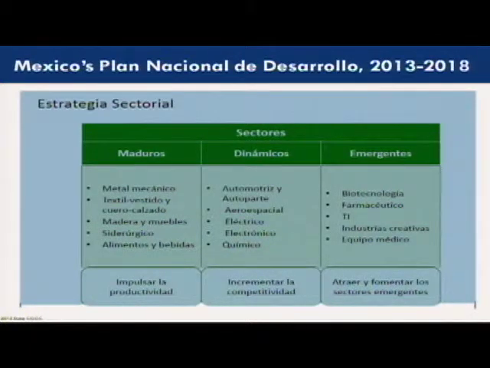So the Mexican government has a Plan Nacional de Desarrollo for the next 5 years, 2013 to 2018. They've classified sectors into the categories that are mentioned up there. Mature sectors like textiles and apparel, or steel, furniture. Dynamic sectors like automotive, aerospace, electrical, electronic, chemicals, and what they're calling emergent or the highest tech sectors like medical devices, information technology. And in each case, they feel that those types of sectors can contribute in a different way to the overall